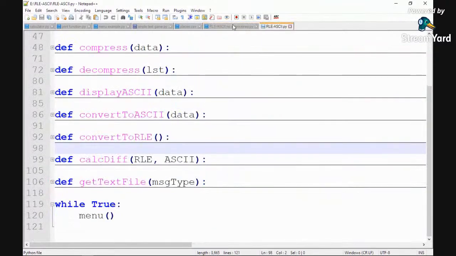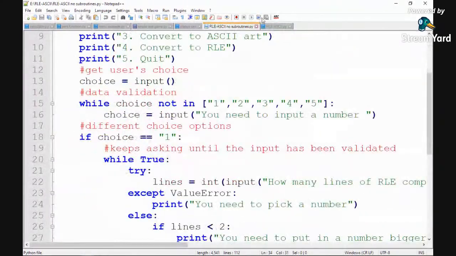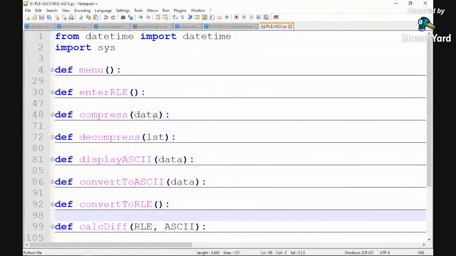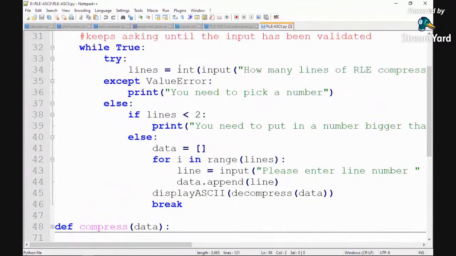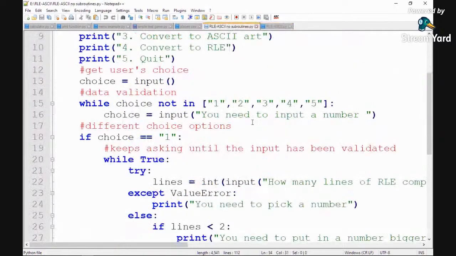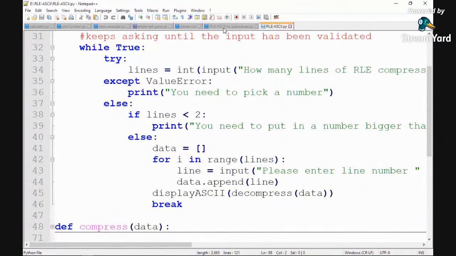So if I'm looking at, this is enter RLE, isn't it? So if I go to enter RLE on this one, it's not quite as far across. All I did was copy over the information. It works the exact same way,